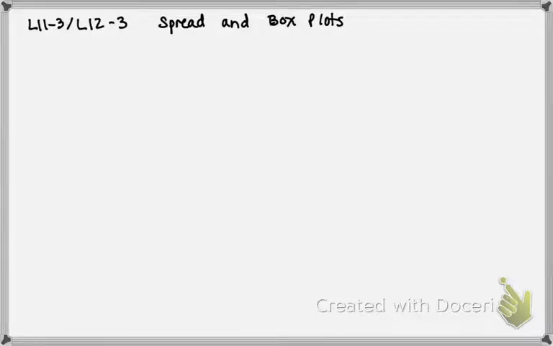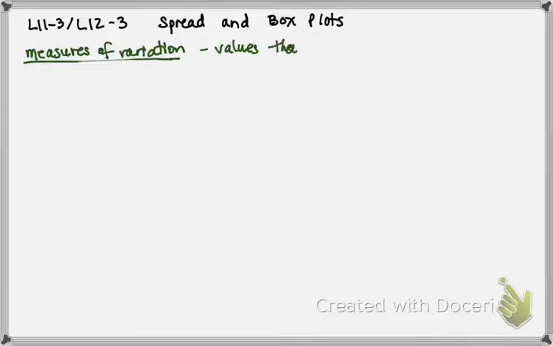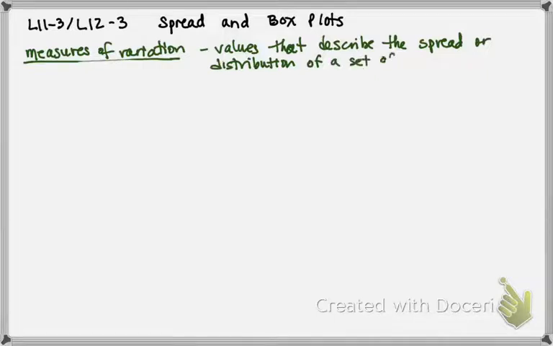Hey guys, today we're going to talk about spread and box plots, but nobody calls it spread. What they call it is measures of variation. Variation is how far do things vary, okay? So these are values that describe the spread, or, here's a fancy word, distribution, so how things are doled out of a set of data. Okay, and when we're doing this, we're distributing, we're talking about data